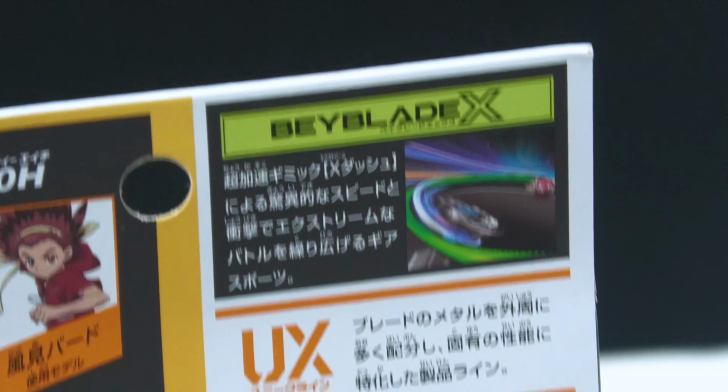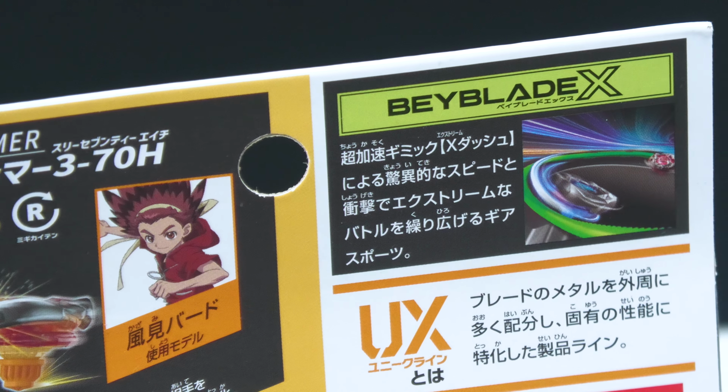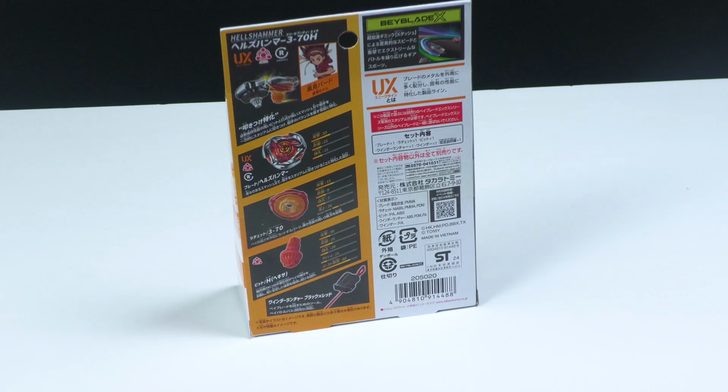But some launchers, some parts. We got a new height, actually, 70. That's pretty cool. And the whole thing with Beyblade X on these fast, incredible speeds is always very exciting to take a look at. So let's get through trying to open this thing and see what's...